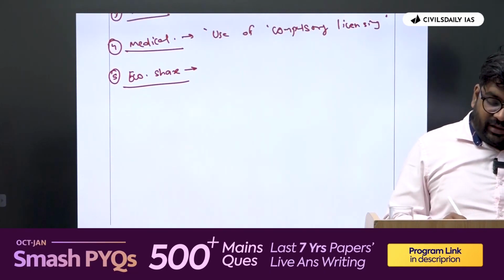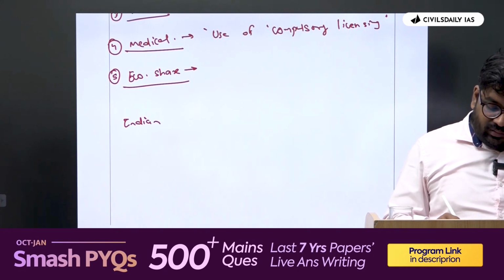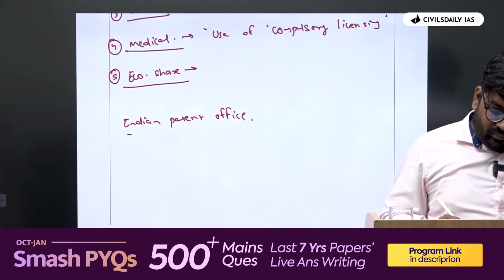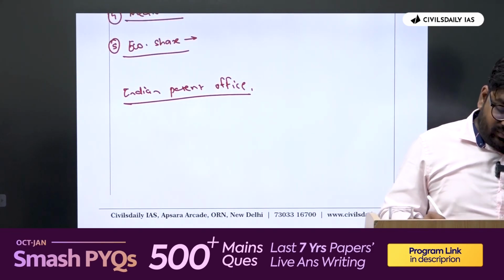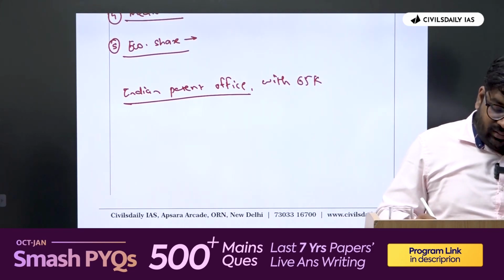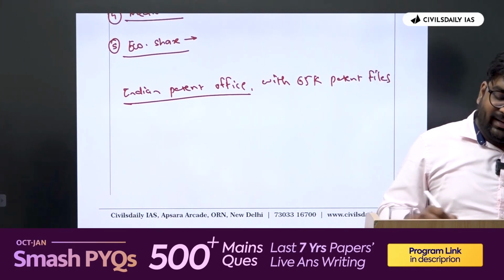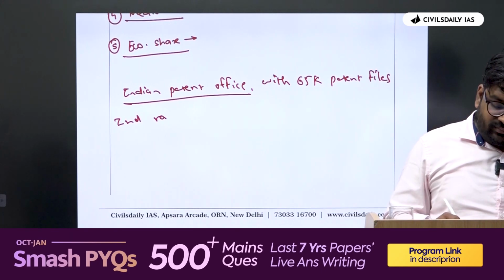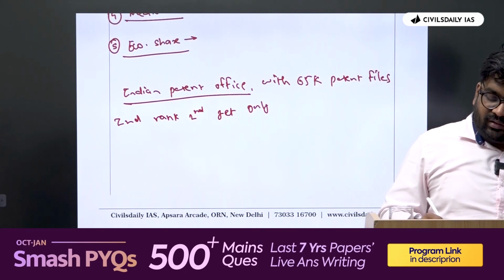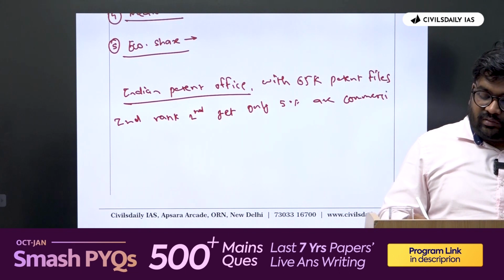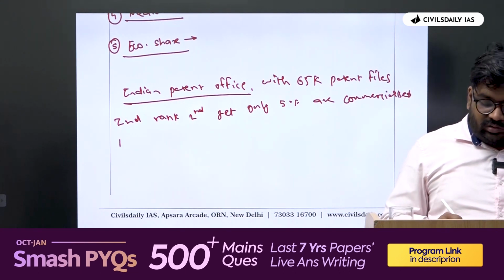As per Indian Patent Office, with 65,000 patent files, India ranks second. Yet only 5% are commercialized. Because